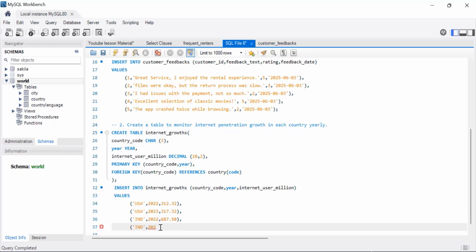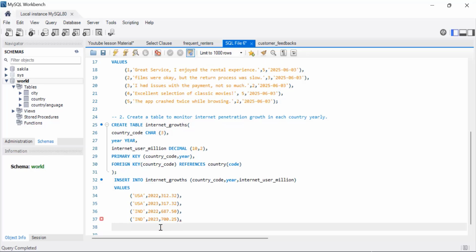Now I'll just change this to, let's say 2023. I'll still use the same, let's say 700.25, close parenthesis, comma. Now open parenthesis, let's say Brazil,